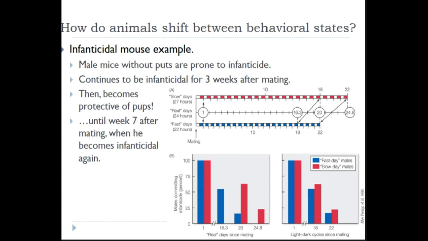This is a change in behavior towards pups, but they start off being fairly infanticidal. And we talked about why be infanticidal. This may open up mating opportunities for you later on if you get rid of the current offspring that are around in your social group. But once 3 weeks hit, you don't want to kill your own pups, and so selection has favored individuals that do not kill pups after about 3 weeks. And then after week 7, your pups should be grown and they should be out, and at that point, you're no longer at risk of killing your own pups, so why not be infanticidal again? That seems to be the adaptive argument for what's going on.